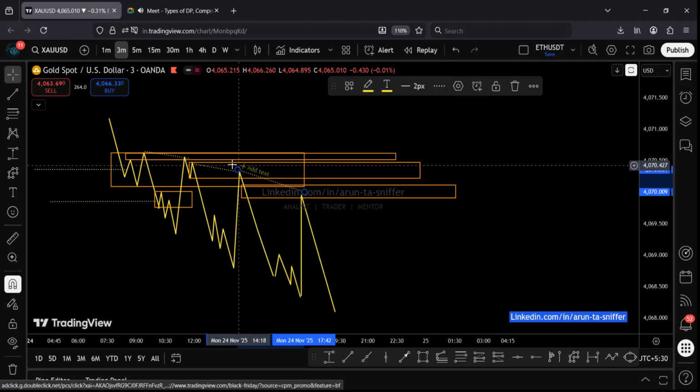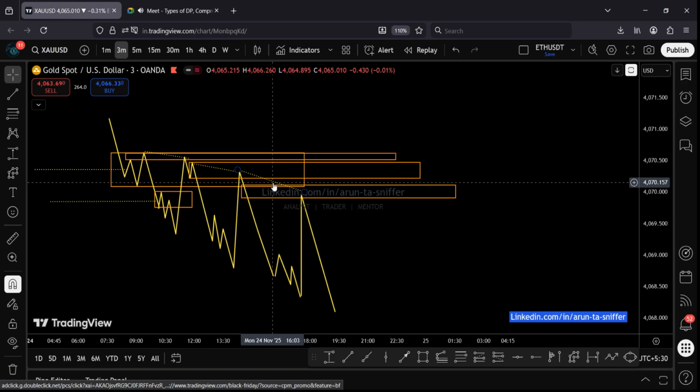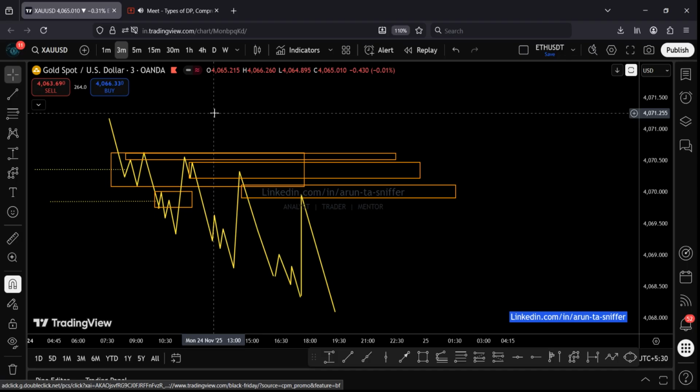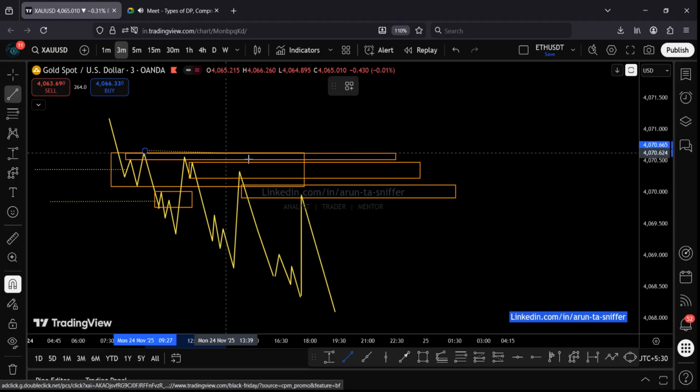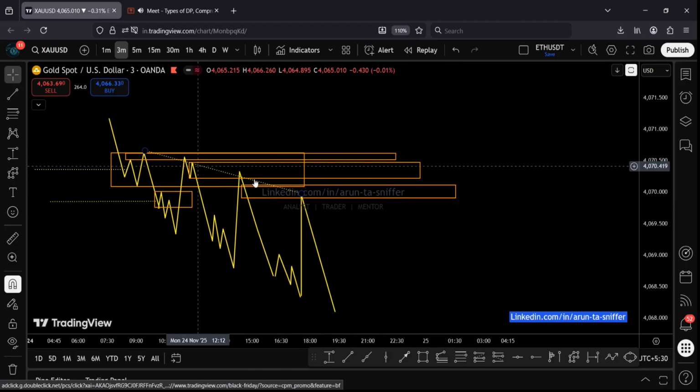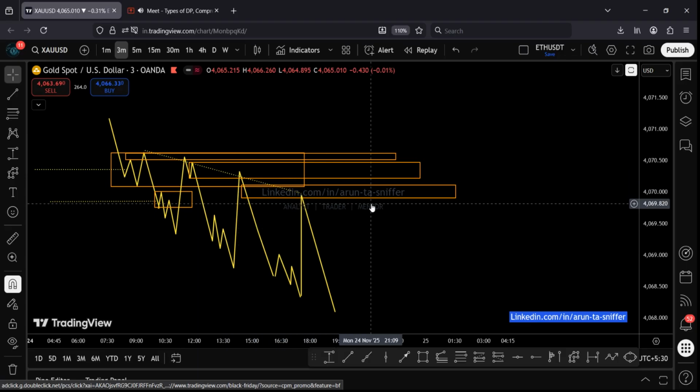So we can say orders have been transferred from here to here like this. So we denote order transfer like this. The dotted line shows the order transfer, and order transfer happens through compression, right? If there is no compression, then no order transfer. If there is no order transfer, it means no compression.